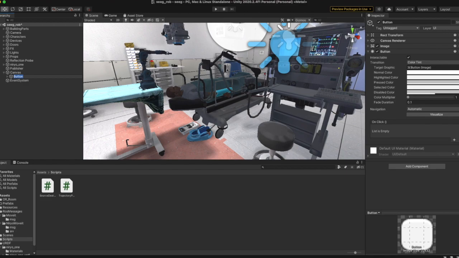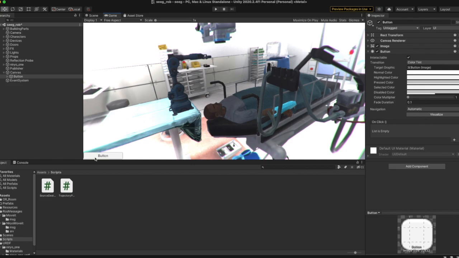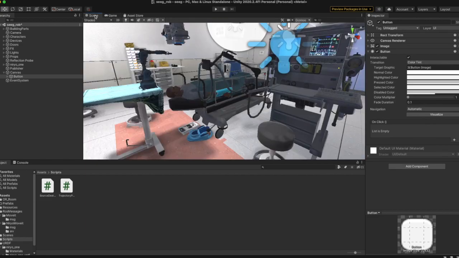So the objective of this is to create in the game scene this button that you can see here. Whenever you go to play, you can interact with this button to run the code and publish the information from the robots to the ROS node. In order to assign to it some function, we need to first